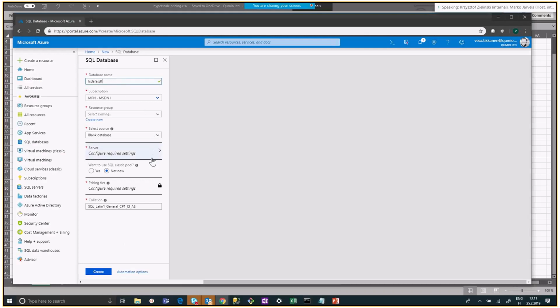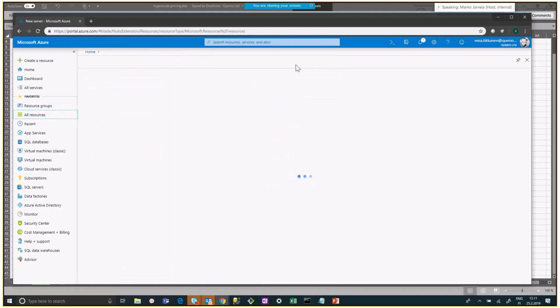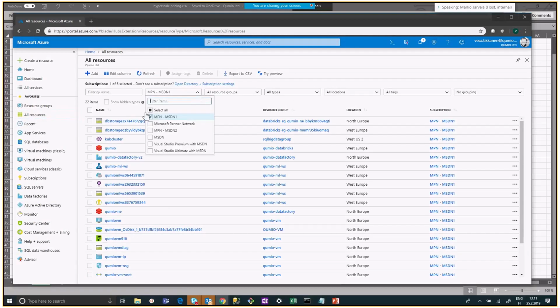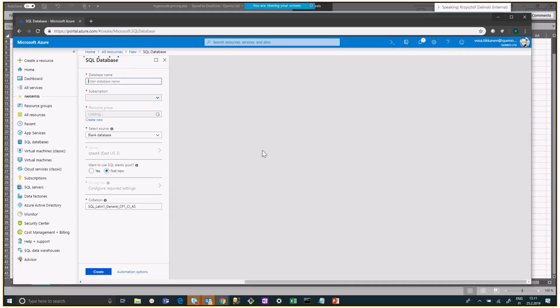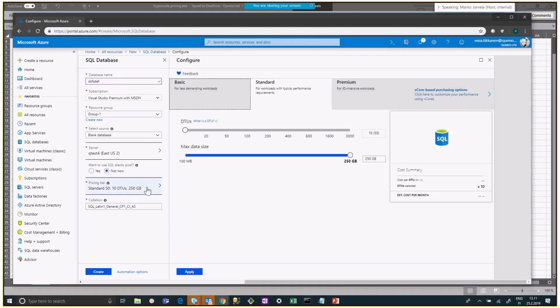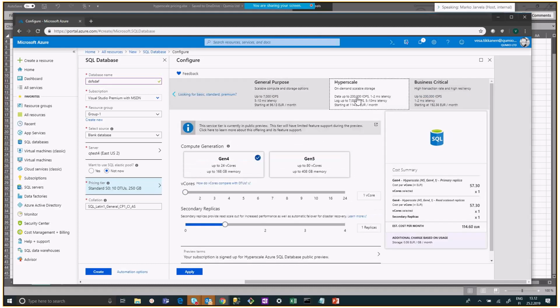choose the server. Hopefully I find something. All resources, okay. Let's put everything here. All resources, add, and then SQL database. Here, premium, blank, pricing tier, and then if I go to vCore, I can select the Hyperscale, but as said,